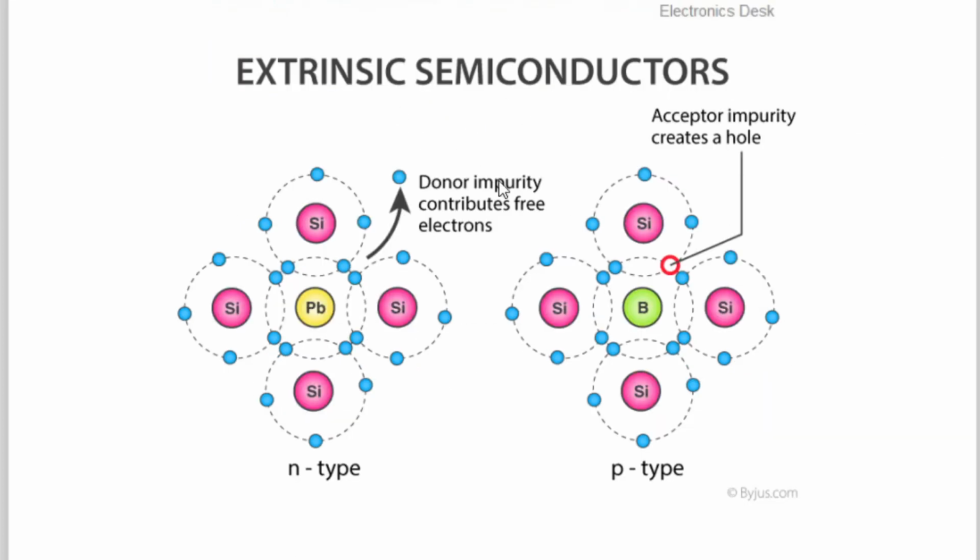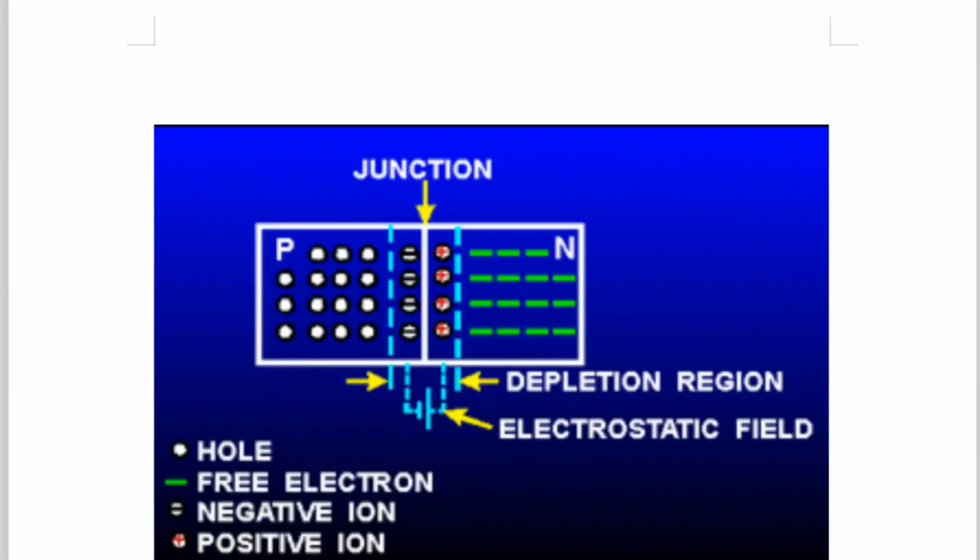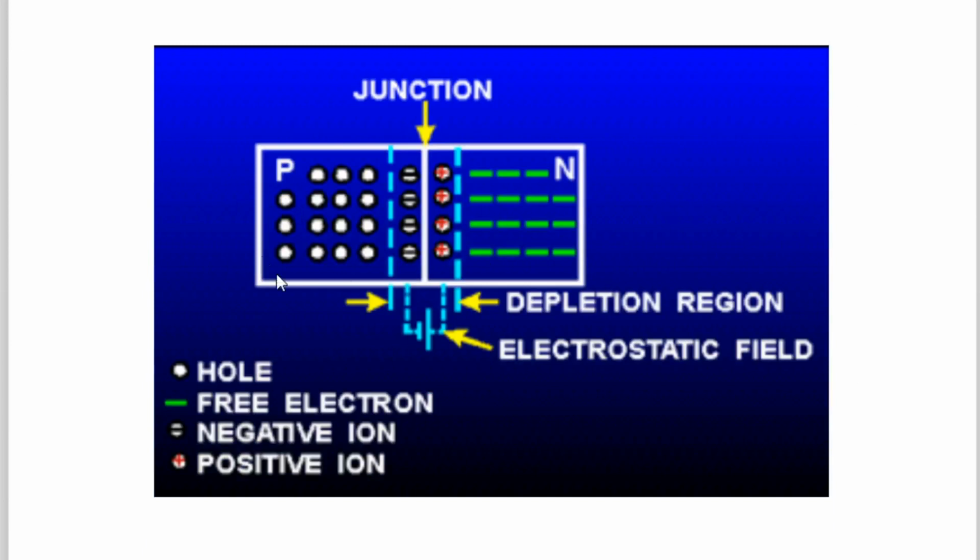So let us go to the next slide. It is given here, fabrication of p-type, and this is an example of some other impurity, boron and the like. Here p-type means a hole is created, n-type means a free electron is created. So in n-type material, the donor impurity contributes a free electron, and in this case, the acceptor impurity creates a hole. So now what we'll do here is, when p-type material is combined with n-type material, we'll see what happens and the formation of the depletion layer.